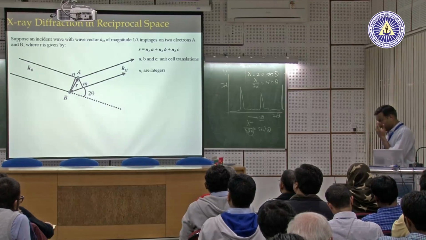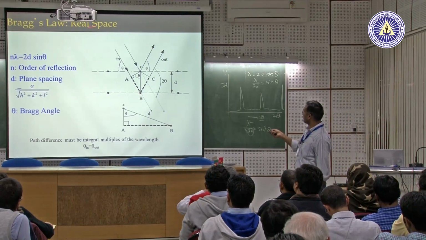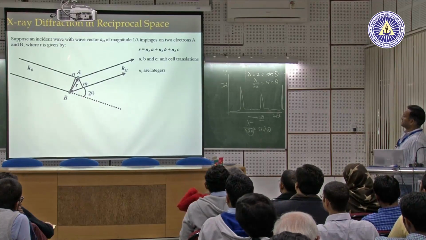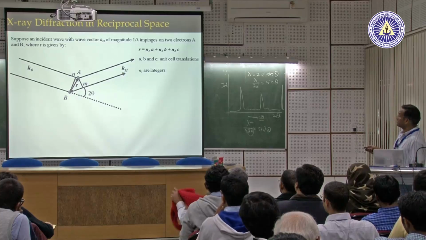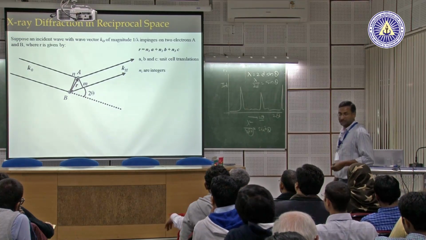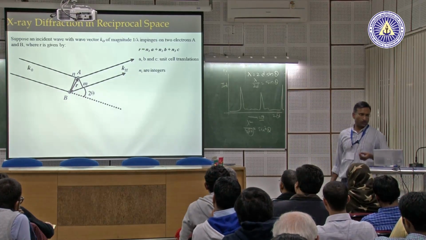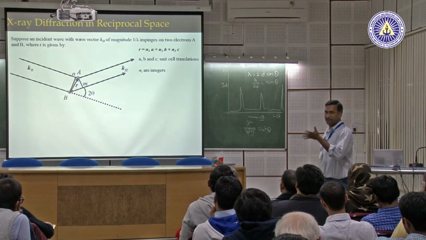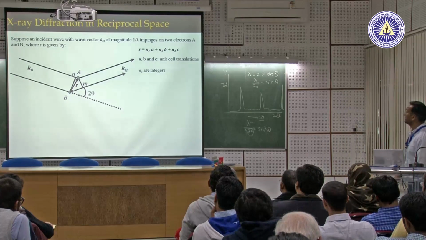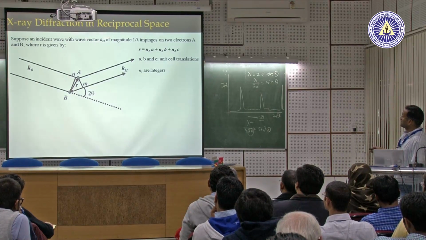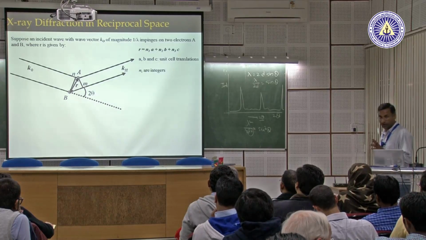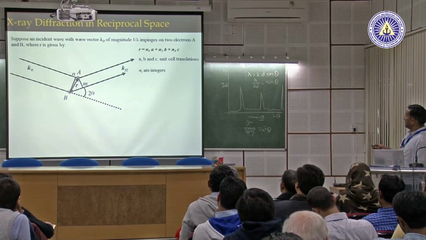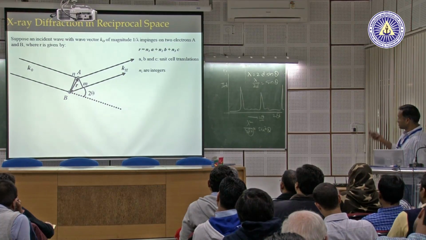So this is a very simple representation of diffraction in real space. The way you look at it in reciprocal space is, suppose you imagine you have an incident wave, and each wave is associated with a wave vector. So far we were talking of an X-ray beam with a wavelength lambda, but now we talk of an X-ray beam having a wave vector, let's say k naught. This wave vector k naught, with the magnitude 1 over lambda or 2 pi by lambda, whichever you prefer, comes and let's say impinges on 2 electrons,